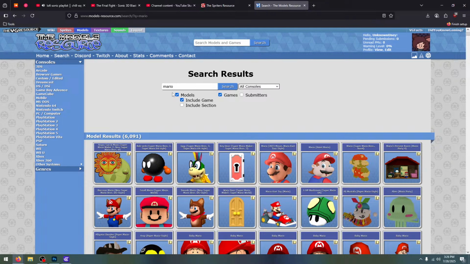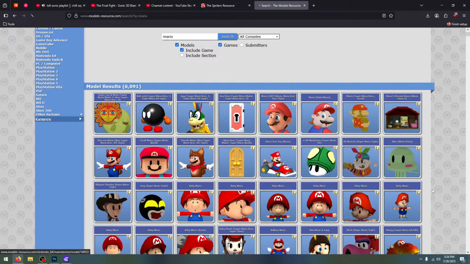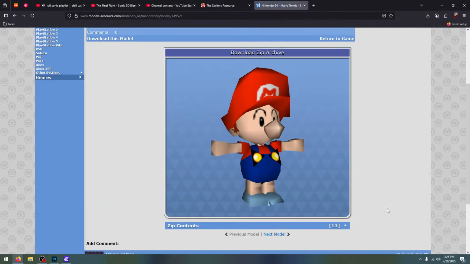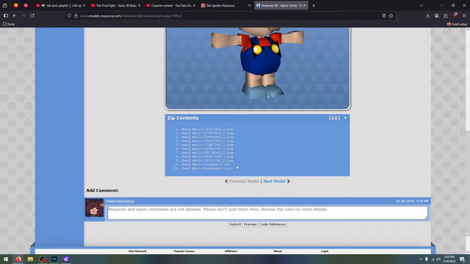I know, searching up Mario in a Sonic stream is criminal. For custom models, in my mind, you don't have to do rigging. It's your choice if you want to have rigging or not. And if it's low poly, like Baby Mario over here, it's easy to add rigging. This is not even a custom model. But most of the time,